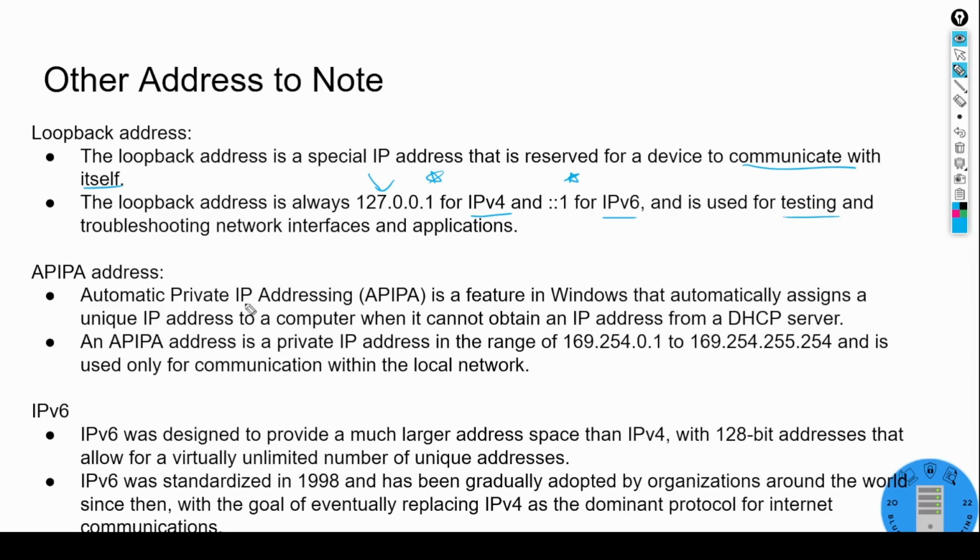The APIPA address, this is your Automatic Private IP Address, and it's a feature in Windows that will automatically assign a unique IP address to your computer if DHCP fails. DHCP is Dynamic Host Configuration Protocol. We'll talk about that later in this module. That's basically the service that's responsible for assigning your computer an IP address and leasing out a private non-routable IP to you. In the event that this service fails and it doesn't allocate an IP address to you, well, it